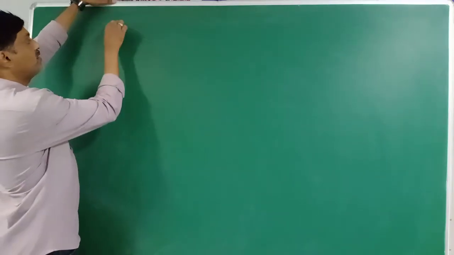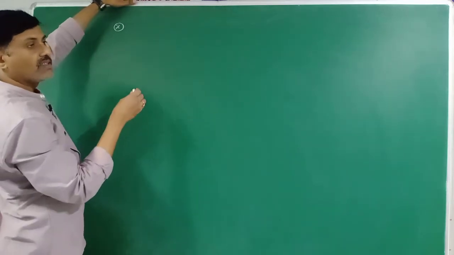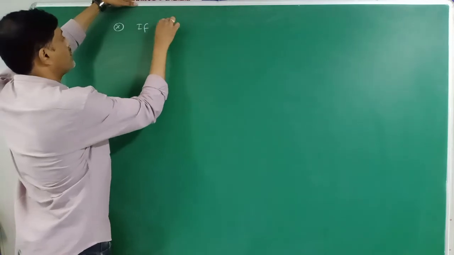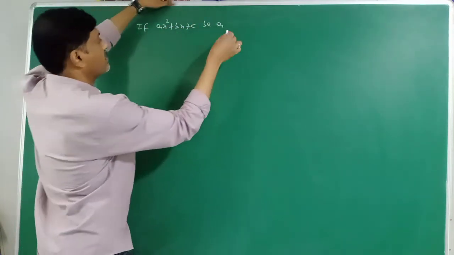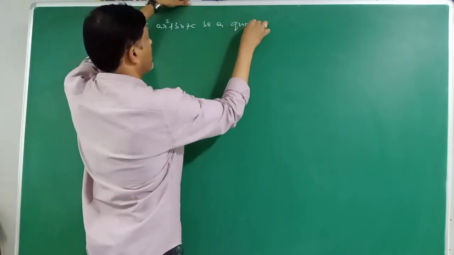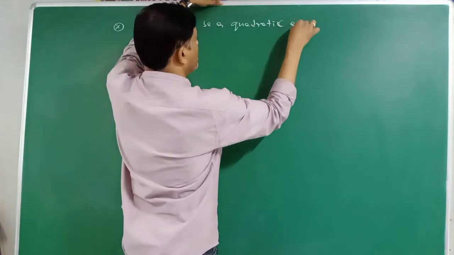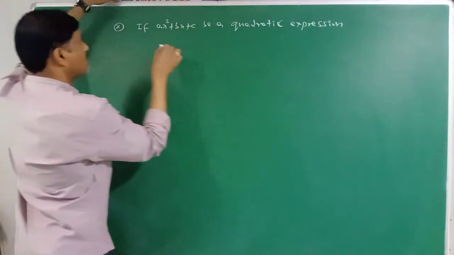Students, next one is quadratic inequations. What is a quadratic inequation? If ax square plus bx plus c be a quadratic expression, then